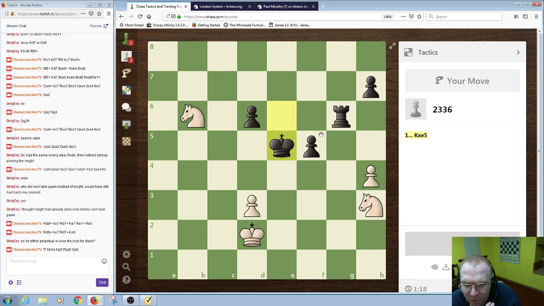I'm trying to figure out how do we infiltrate in here. Let's see if we go d4, king takes d4, knight takes knight f4. So okay, I'm looking at this here. So d4 check, king takes d4, knight f4. If rook g4,